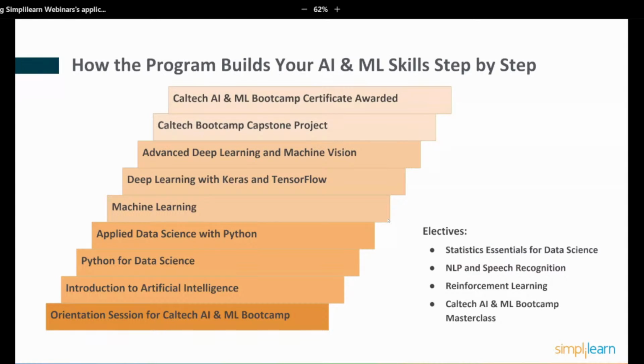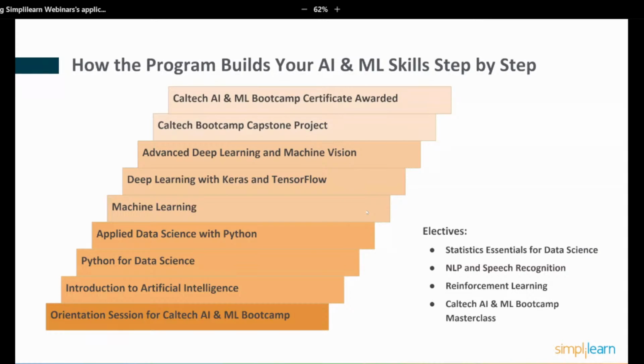So, talk about the curriculum and how it's built up. It begins with an orientation session that gets you oriented to what you're going to learn and how to use the learning management system. And then it takes you through the basic steps of introduction to artificial intelligence, and then getting familiar with the Python language, Python for data science, and then applications of Python in data science.